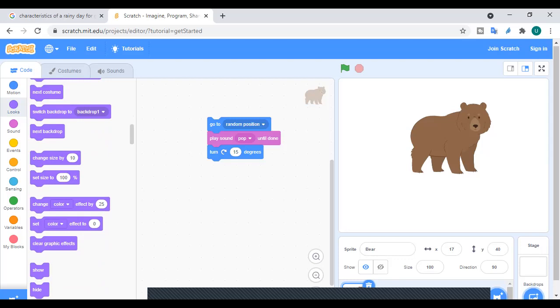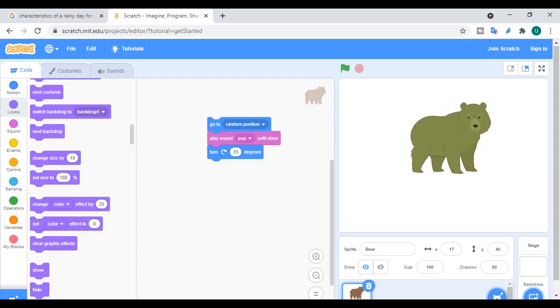Can you find that block? Change color effect. This one. You will click on this. See? Over there, the color of the sprite is changing. It's green now, light blue, dark blue, darker, purple, brown, again brown. See? So this has been changing, right? Green. So through this, we can change the color of it.